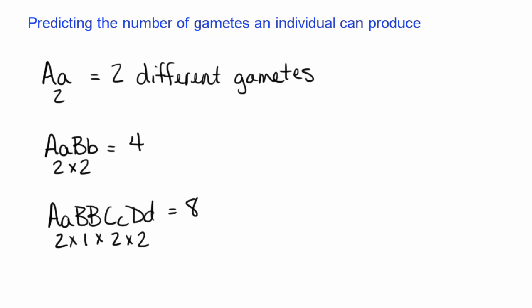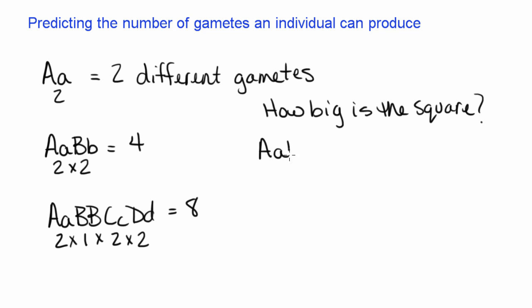So that's just a look at how many different gametes we can get from an individual. We could take the same idea and we could use it to predict exactly how large a Punnett square might be if we had a cross and we wanted to know whether we were going to go ahead and draw the Punnett square or whether we wanted to use probability rules for it. If we wanted to know how big is the square, so by square I'm talking about the Punnett square, well, we have to know how many gametes we have from each parent. So if we had something like this, and we were crossing it with this one,